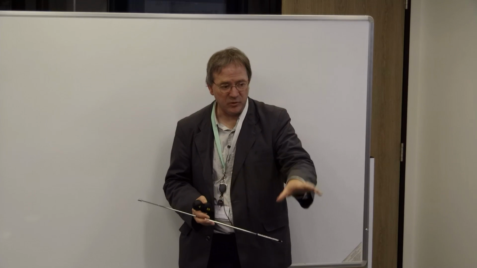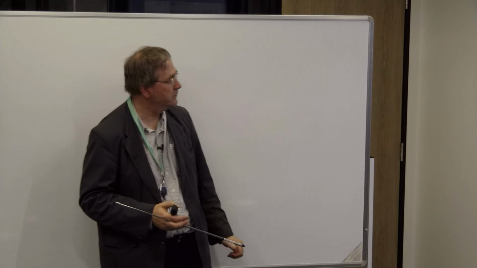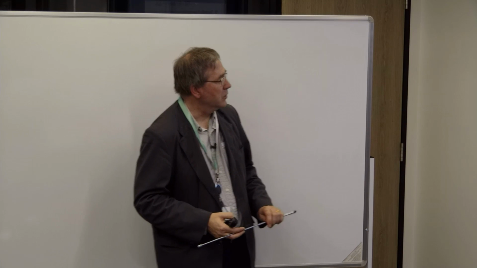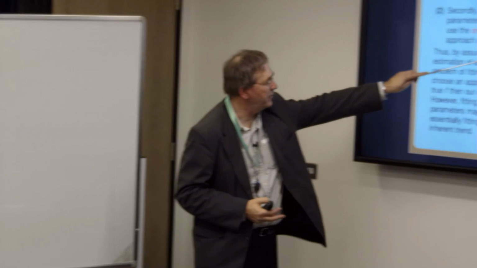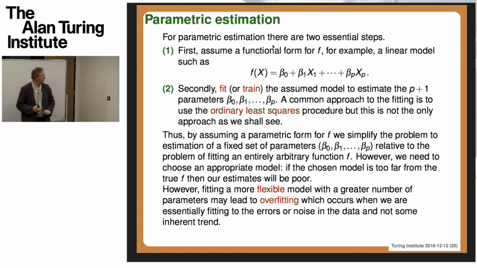So there's a very nice chapter in the book on shrinkage methods which go beyond ordinary least squares, and there are many R functions which enable you to do that. So essentially what's happened then is that we've reduced the problem of finding the function f to simply finding a set of beta naught up to beta p, so p plus 1 parameters.